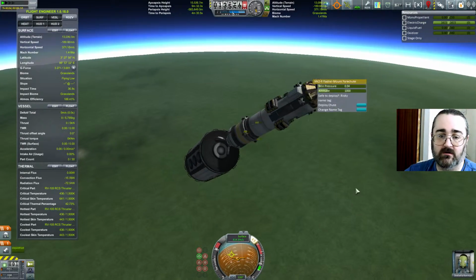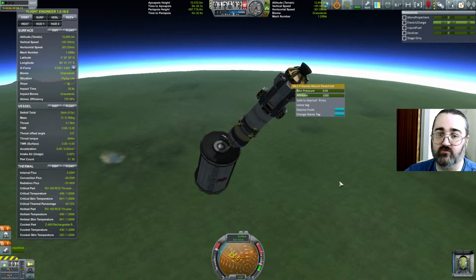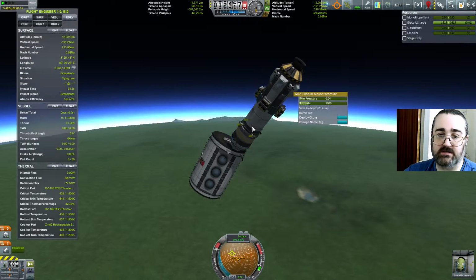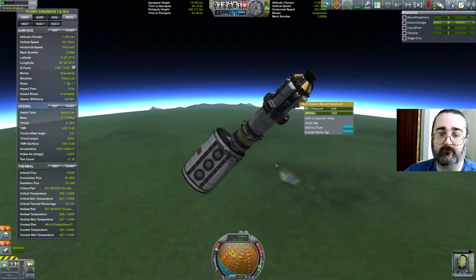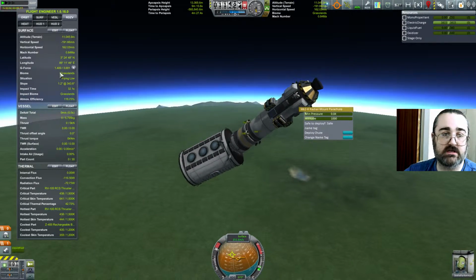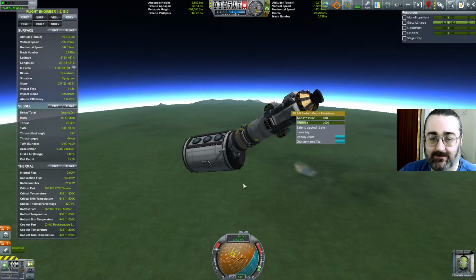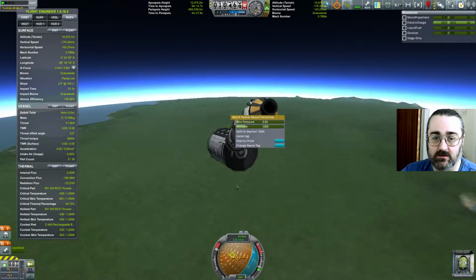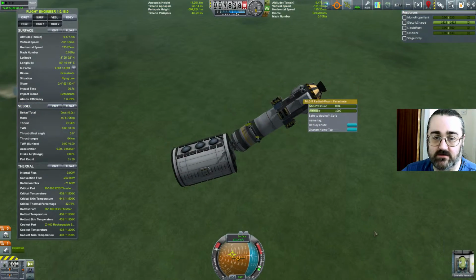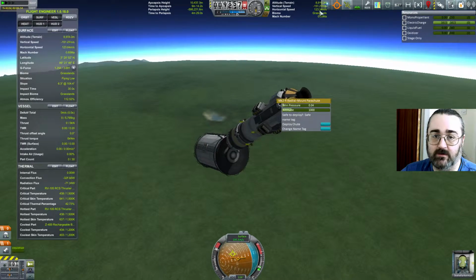Wow. Colour me surprised. Let's turn the SAS off. We don't really need it now. RCS support's still a bit hot. What was our highest G forces? 3.6. No, 3.7 really. So that could have been a lot worse. Safe to deploy parachutes. What was our altitude? We're actually quite...